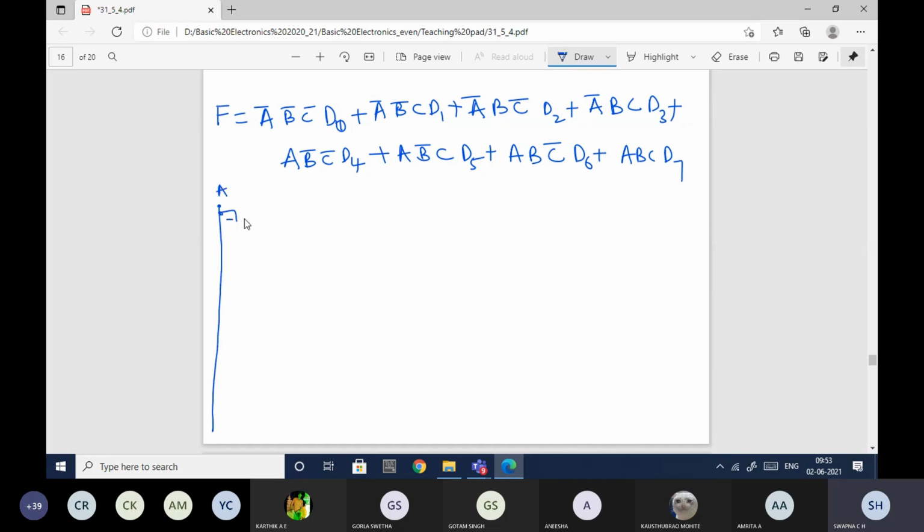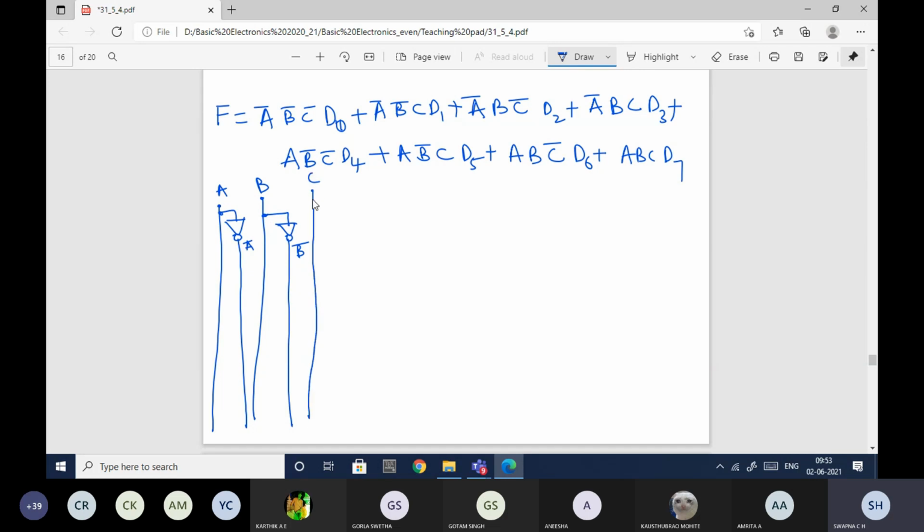See your implementation using basic gates. So here A bar, then in the same way this is my B bar, C bar.